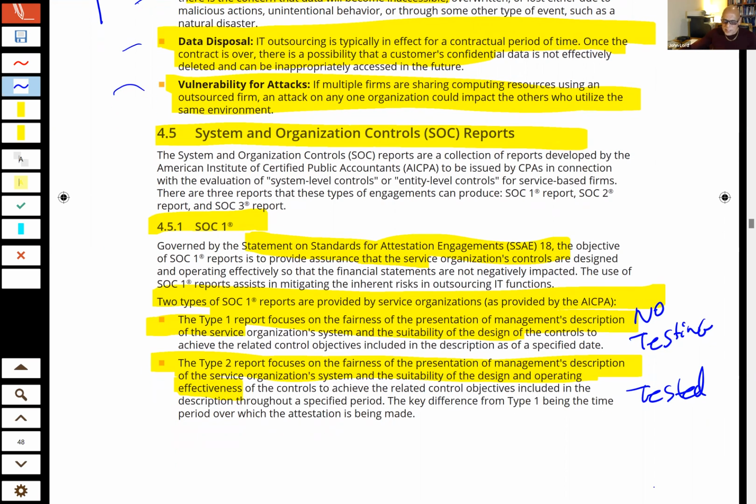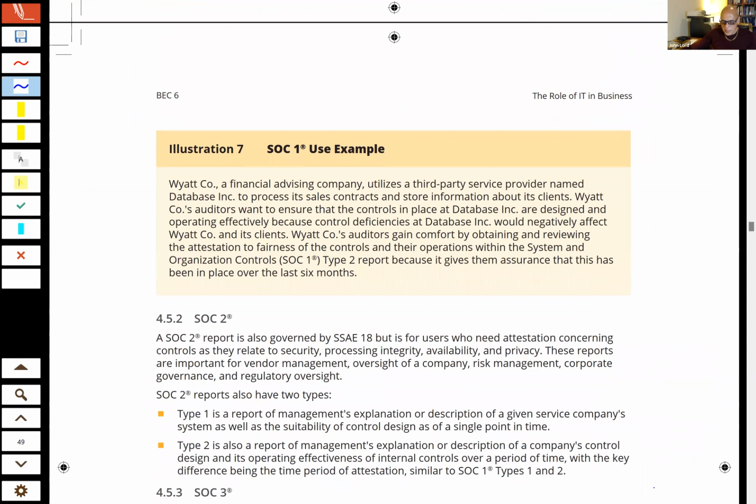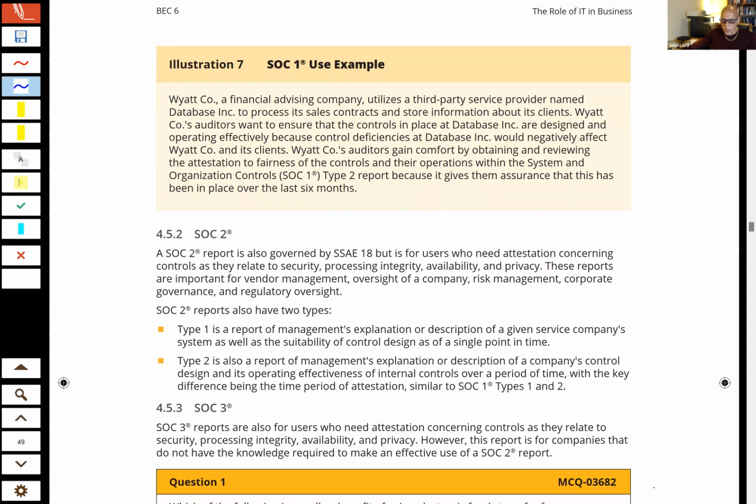Now, what about some of these other things that we've been talking about? Let's say you are a healthcare organization and you're outsourcing your IT. Well, now you're going to want some more robust controls that are going to ensure the privacy over that data, et cetera, right? And so now we take a look at SOC2 reports, okay? And they are going to help us with the availability, integrity, and privacy of data.